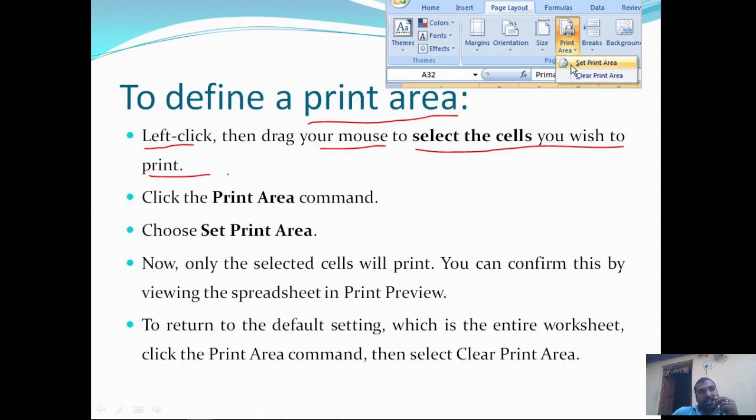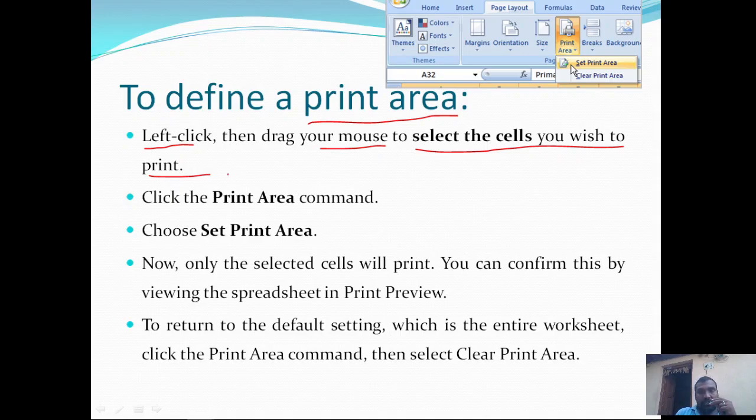We want to print part of the worksheet on paper. At that time, if you go with the direct printing option, there we don't have any facility. Then you need to choose this print area option by selecting several cells that you want to print.